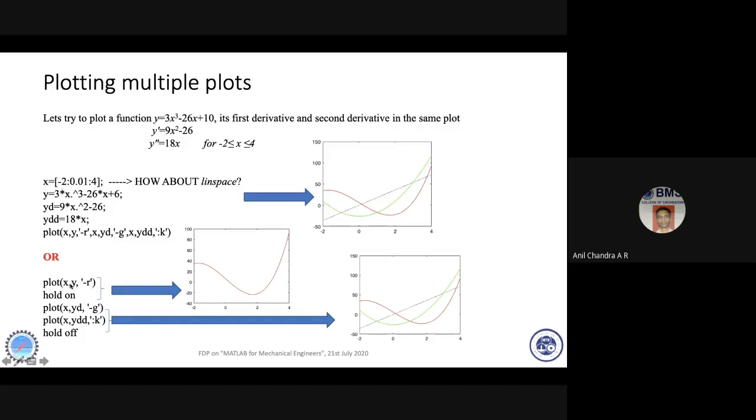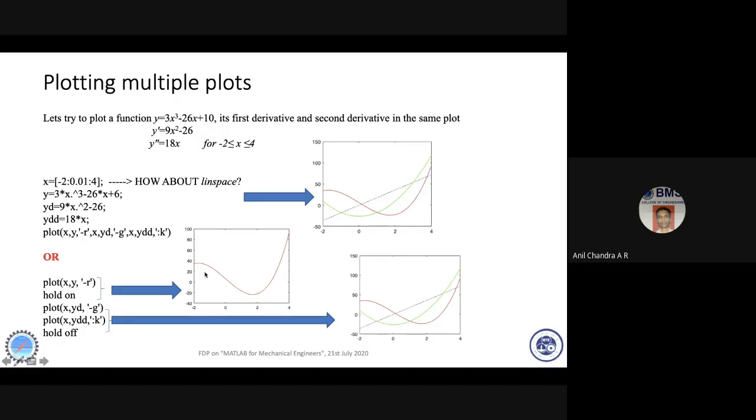If you plot using the hold on, hold off command, how do I do it? It's important that we must be aware of these two commands. Here we have not used hold on, hold off. If I don't use hold on and if I plot like this, I have everything up till here the same, and then say plot x, y in red.